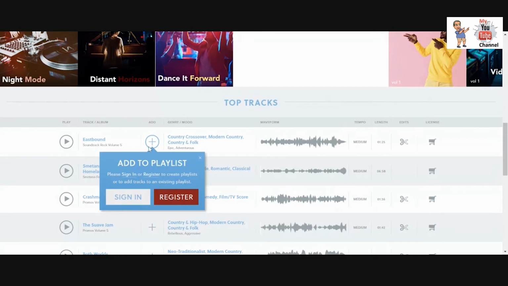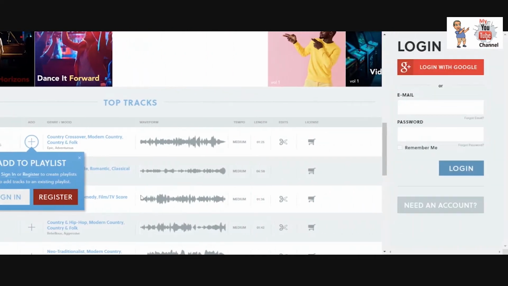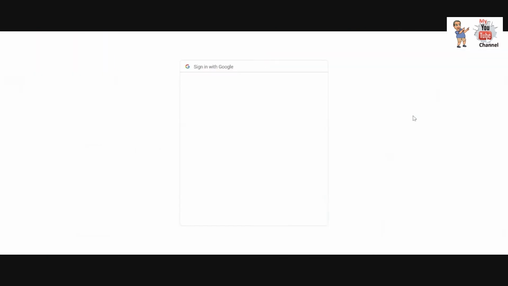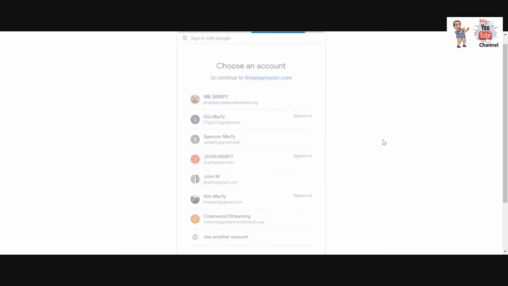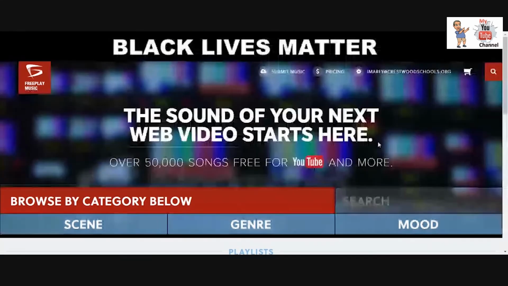So I'm going to click on this, and now I'm going to sign in, okay? As you can see on the top, it says log in with Google. So you log in with Google just like you would with your normal school website, like you always do. And when you log in, you're going to go ahead and log in. And so now that I'm logged in,